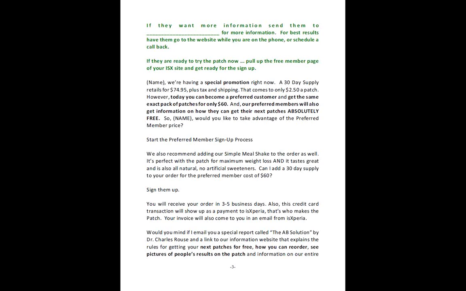And Jamie's put this in green here. If they want more information, then you're going to send them to the website. We're going to have that with Jamie. Do we have that particular website that we're sending to them, or are we going to work on that? We're going to work on that. I don't have it, but I'm going to put it on the blog. But it's probably going to be